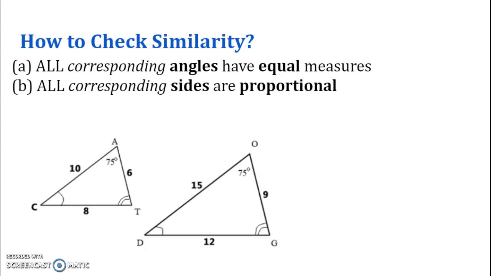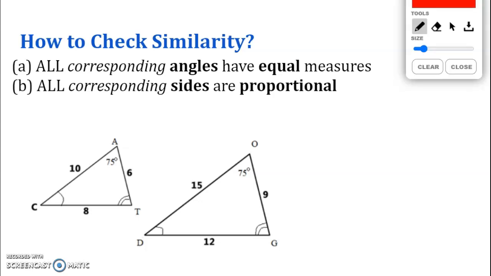So how I would do that is I would start by making sure the angles are congruent. I see 75, 75, 2 arcs here, 2 arcs here, and 1 arc here, 1 arc here. The angles are good. We need to make sure the corresponding sides are proportional. How would I do that? CA is referring to this side, which corresponds to this side, right? So CA over DO